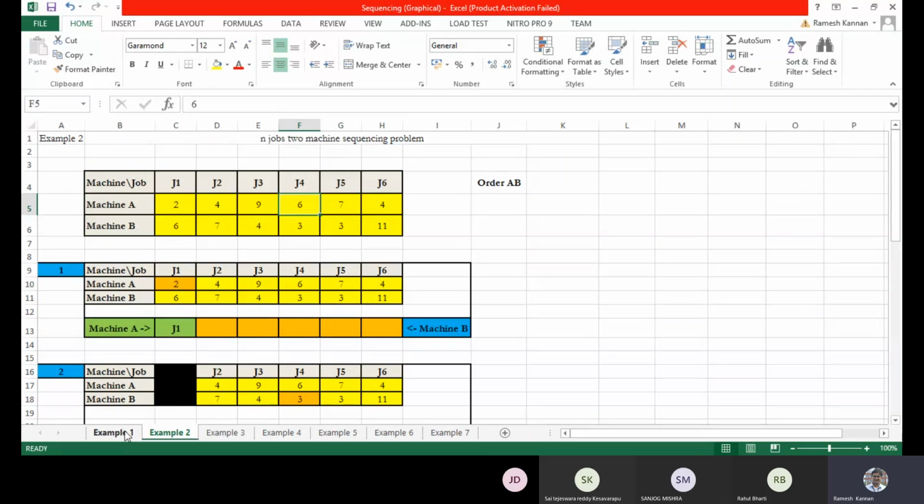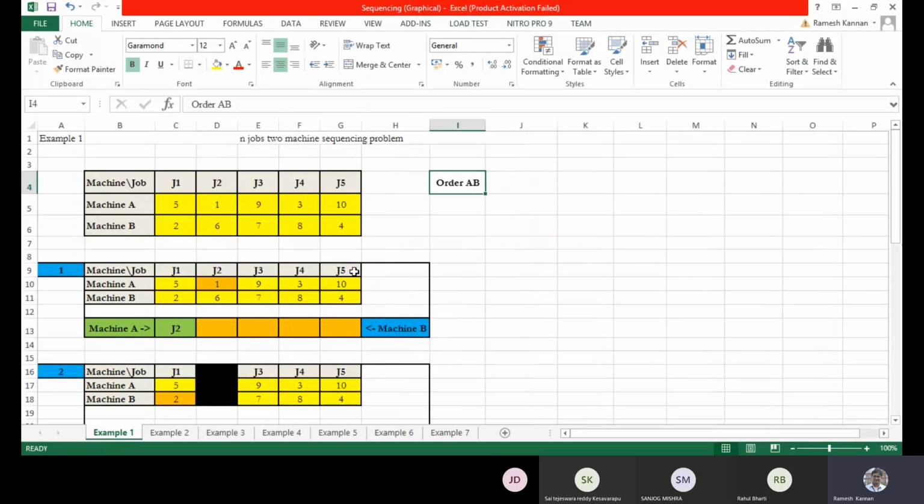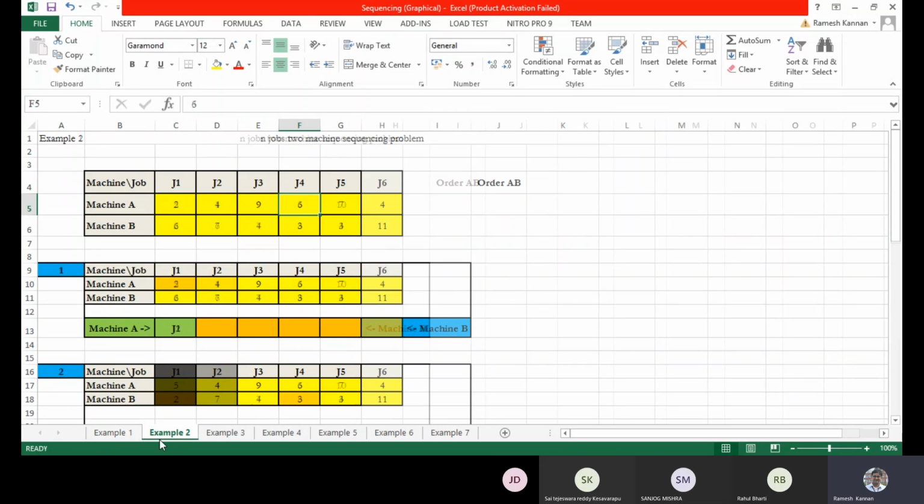One difference between example 1 and example 2 is that in example 1 there is no repetition; there are no values repeating, or the least values are not occurring multiple times. In example 2 we have the least value occurring a number of times. Say, for example, 3 occurs 2 times, then 4 occurs 3 times, and so on. And 7 could have occurred 2 times, and 6 also could have occurred 2 times, but since we discard the complete row, this 6 will be unique.